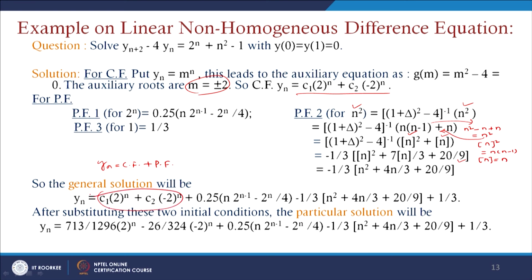And the second part is the particular function, which can be written as 0.25 n 2 to the power n minus 1 minus 2 to the power n by 4. For the second particular function, if you just see, that is nothing but minus 1 by 3 n square plus 4 n by 3 plus 20 by 9. The last one, if you just see here,